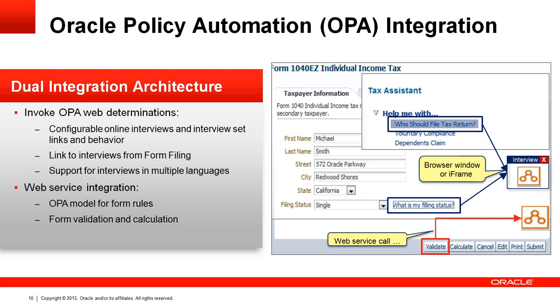There are many business reasons for that, but from a technical perspective, when the user presses the validate button on the form, the whole form data is packaged and sent to OPA, and then the OPA rules that were defined to validate this model run on that form data. The result, which could be calculated fields or error messages or both, is sent back to the portal and displayed on the form page